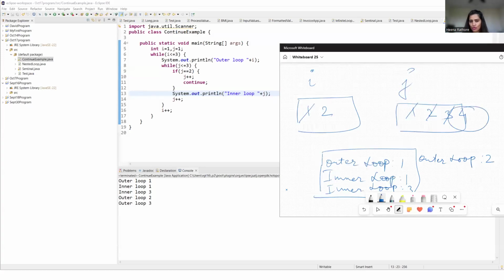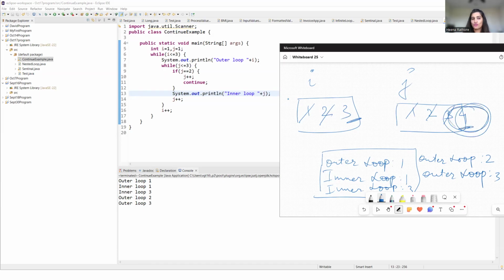j value is 4. So here in this case, it will never go inside the inner loop because your condition is not satisfied. Rather than it will just increment the value of i according to line number 16. So line number 8 till line number 15 will not be executed. But rather you will just increment the value. So this time it becomes 3. And then 3 is less than equal to 3. Yes, true. And you will print system.out.println an outer loop i value. So this time it becomes the i value, which is 3,